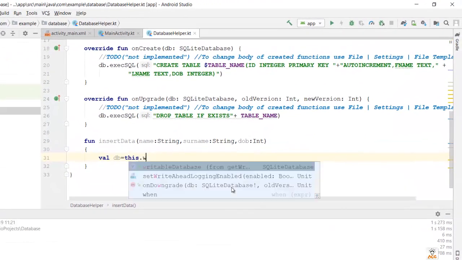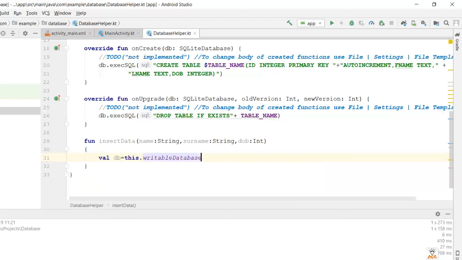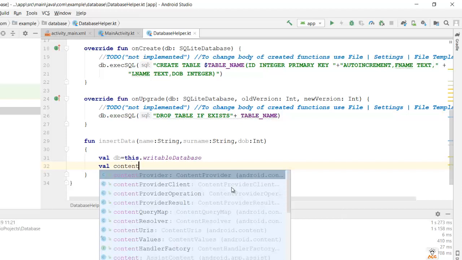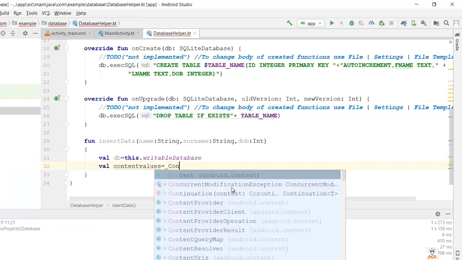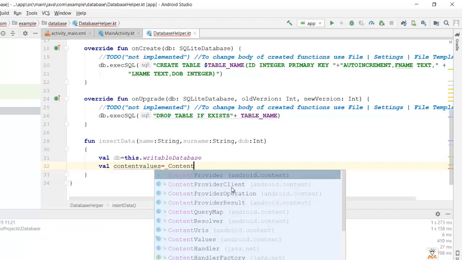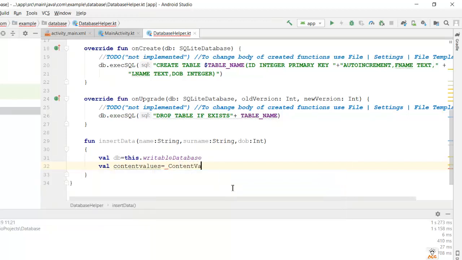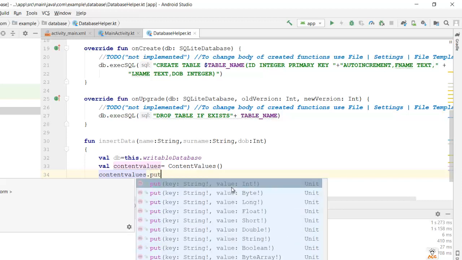Since we are inserting, we would use the writable database, and next we'll declare a variable as contentValues equal to ContentValues,